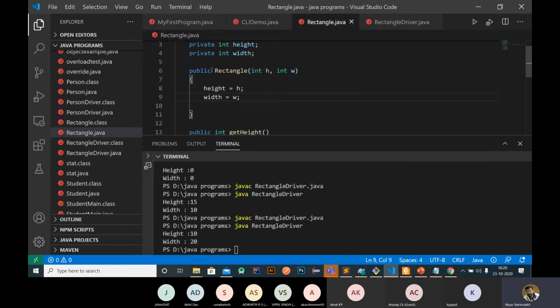We need not use void, because I really forgot that one.